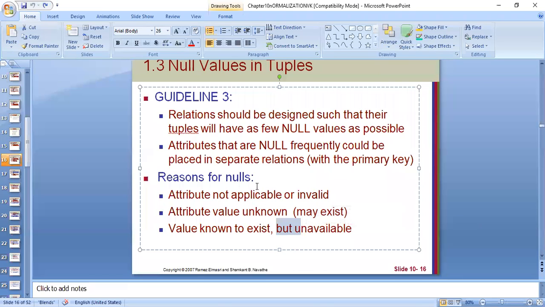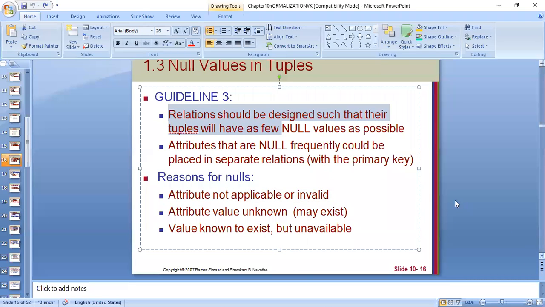So this is how nulls are entered in the table in many scenarios, like when the values are not applicable, for example, having a landline number. I don't have a landline number right now, so in that case the value doesn't exist. Sometimes I may not know whether the value exists, but right now I don't have it. These could be the various scenarios in which I may give null. But the guideline says I should not have many nulls in my table because that is a bad sign.